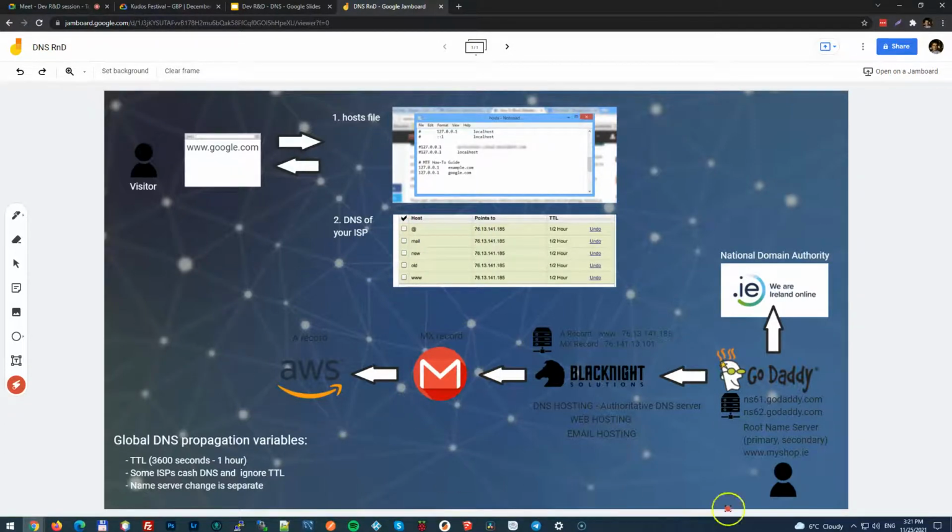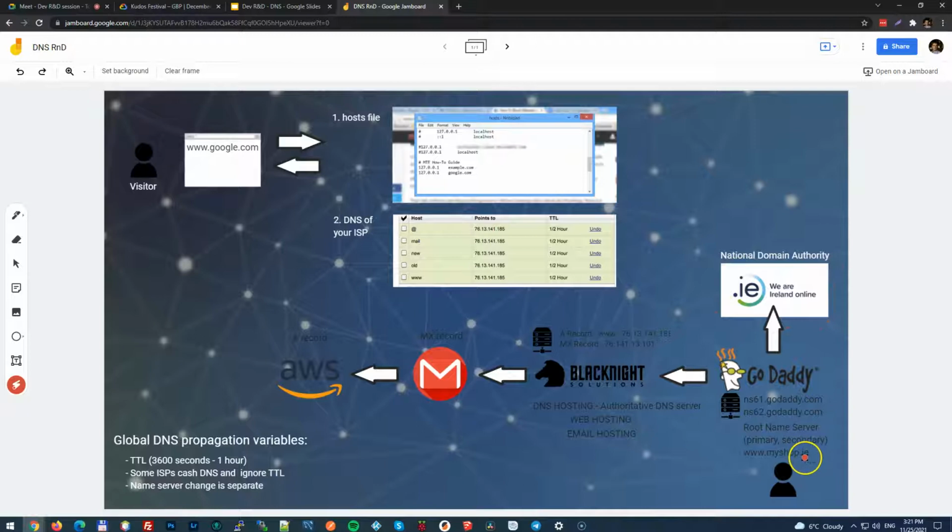Okay, and at the bottom, you can see a bigger scenario of how complex a setup there can be for your typical client, right? So say you are dealing with a client, and they went to GoDaddy and purchased a new shiny domain name for their new e-commerce shop, right? They bought myshop.ie. So what GoDaddy does is register the domain with IDR, or as we know them now,